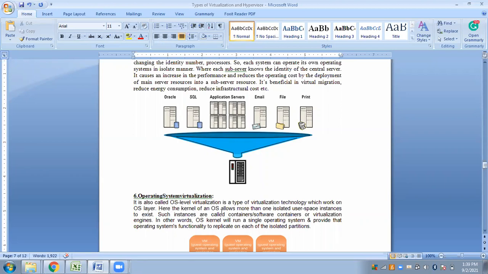Here the kernel of an OS allows more than one isolated user space instance to exist. Such instances are called containers, software containers or virtualization engines. In other words, the OS kernel will run a single operating system and provide that operating system's functionality to replicate on each of the isolated partitions.